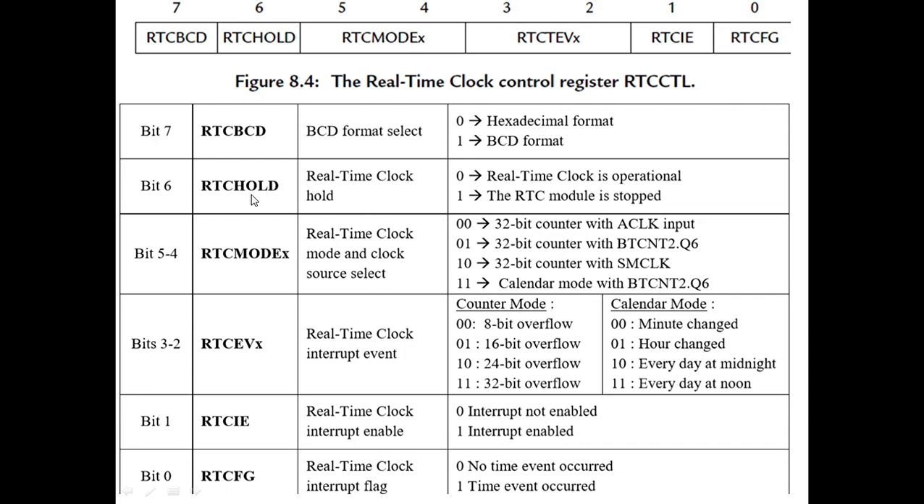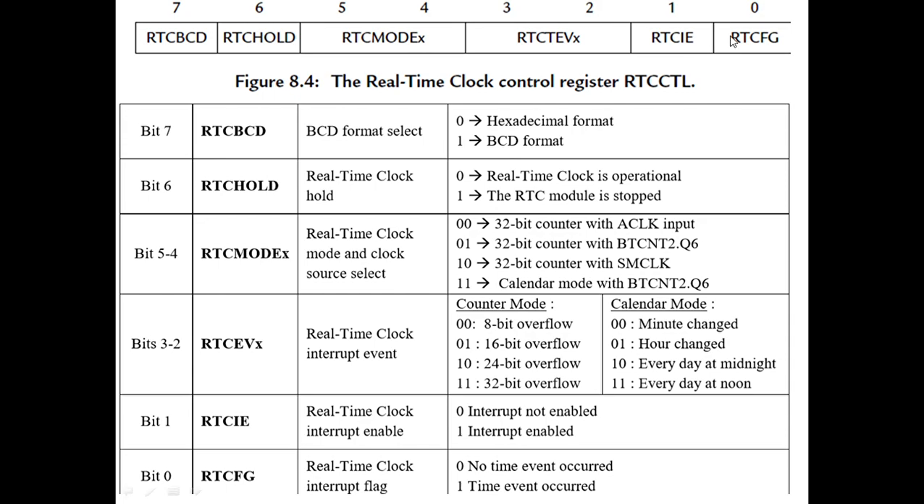If you want to stop the real-time clock, that RTC hold bit value is 1. If you want to represent the real-time clock value in BCD format, bit 7 value is 1. Like that,